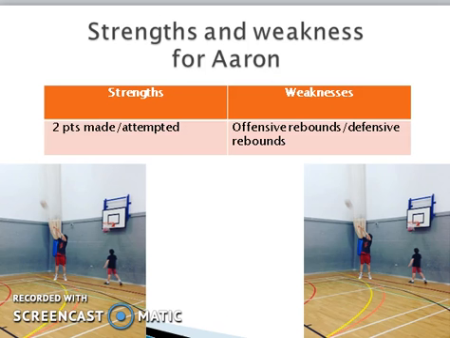I'll get him to stand at 5 spots, and I'll throw the ball off the backboard, and he has to keep rebounding it for a minute at each spot. That will progress his ability to rebound.